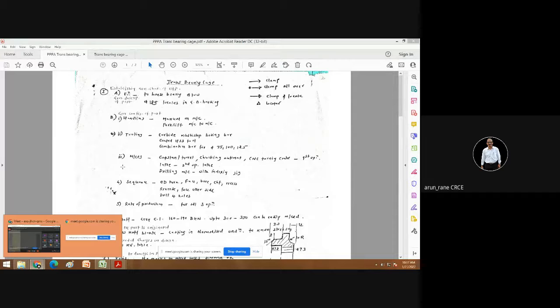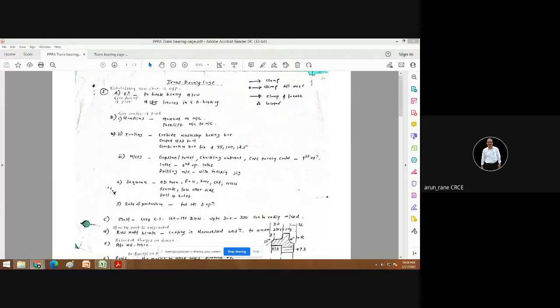Now tooling, you can write carbide multi-step boring bar. Carbide multi-step boring bar means what? Multi-step means in a boring bar there are 2 or 3 tools mounted to do the various bores.